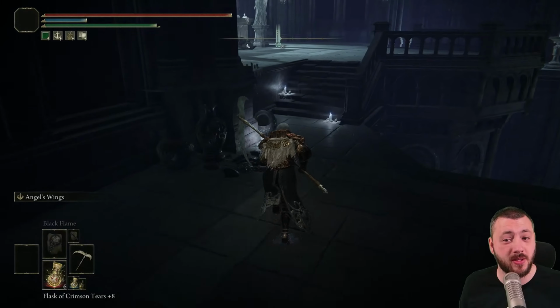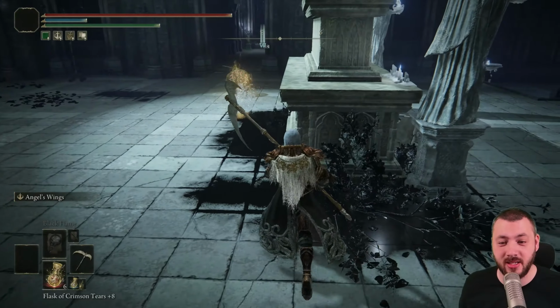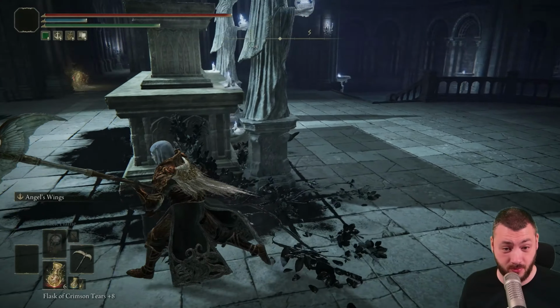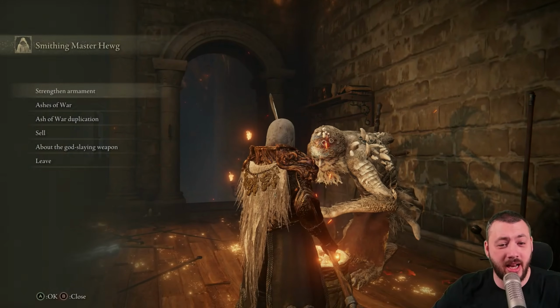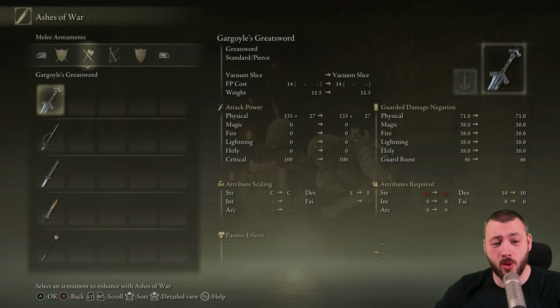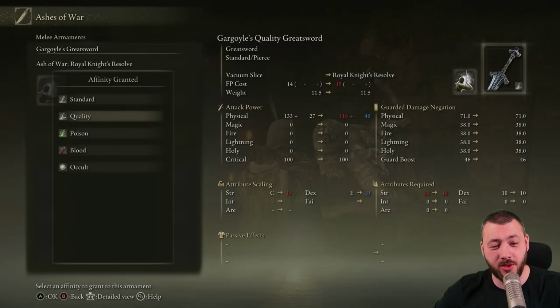There's many new weapons introduced, and you don't know what you're going to be finding. And the Black Whetblade is essentially right here. Can be picked up, and you teleport back to the Roundtable Hold. Now, if you want to change the Ash of War on a weapon, let's take the Gargoyle's Greatsword here, for example. You can now